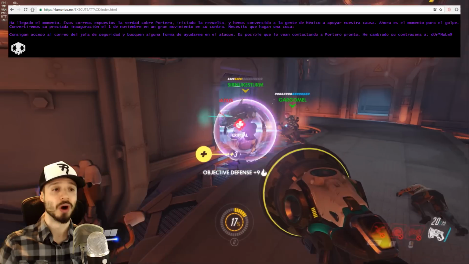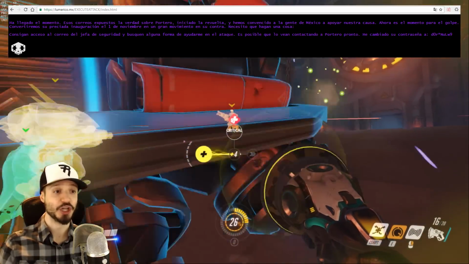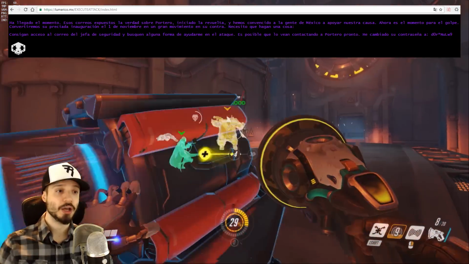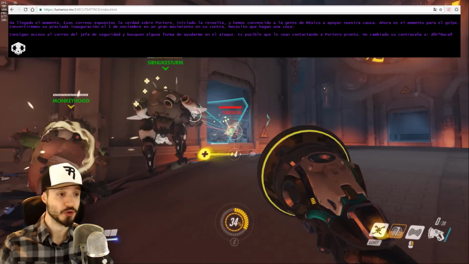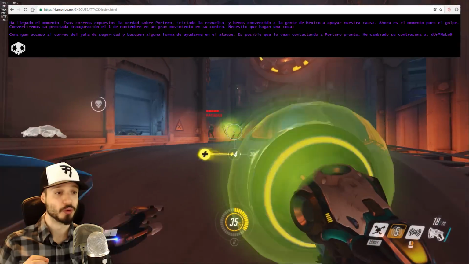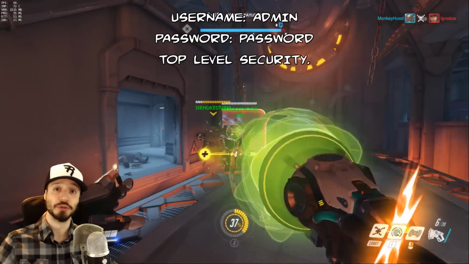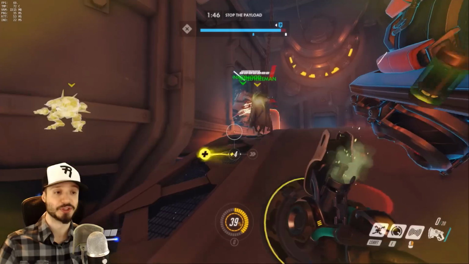"I need you to do one thing. Get access to the Chief of Security's email and seek some form of help in the attack. You may see them contacting Portero soon. I have changed their password to... password." Now again, we'll cover the emails in our video tomorrow, but from reading the emails,